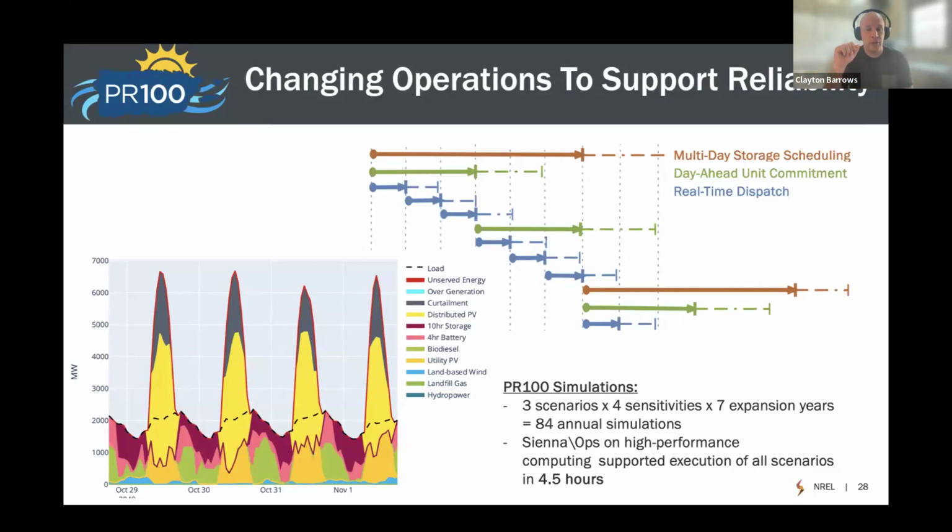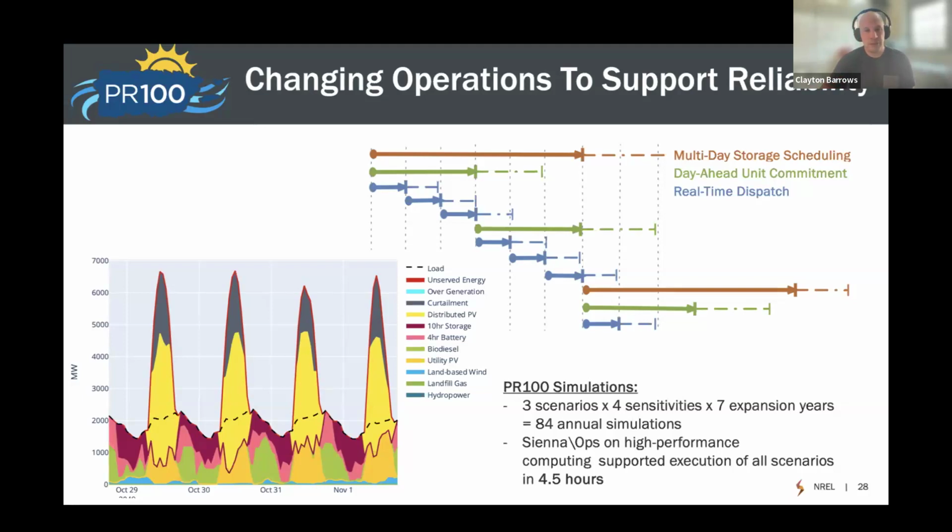Additionally, one other advantage that we had was because of the platform flexibility and our ability to deploy on the high performance computing and cloud architectures that we have access to, we were able to simulate the number of scenarios that the Puerto Rico project required very quickly. So we were able to just simply simulate the 84 simulations that we required for each annual representation of the system on parallel pieces of hardware and get the results in as quickly as 4 hours for any modeling iteration. And because we did so much feedback with the other modeling activities, we did this many times, and we used well over 1 million node hours on our high performance computer to execute this study. So that was